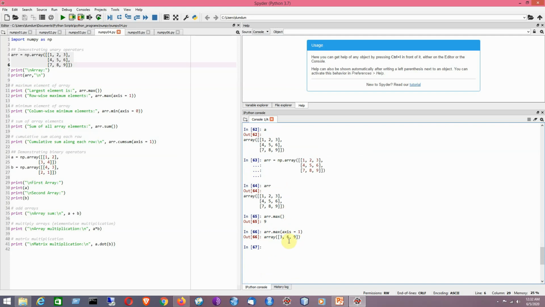Now I would like to apply this operation on columns. So the column option will be made available by using the argument axis equal to 0. Remember it. For axis equal to 1, it will be denoting row. For axis equal to 0, it will be denoting column. So now what are the highest value for each of the individual column? For 147 it will be 7, for 258 it will be 8, for 369 it will be 9. So it has been shown over here.